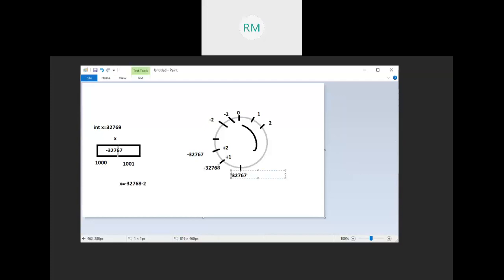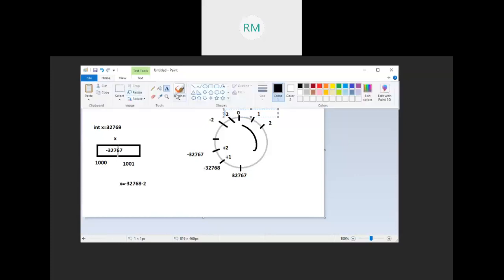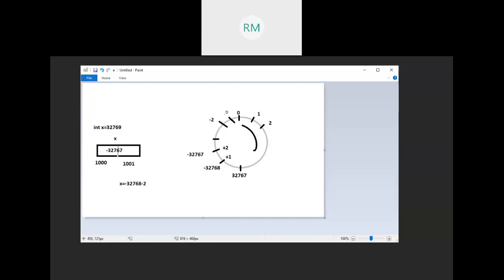Here it is 32,767, no problem. But here this value is 65,535. So in unsigned values, how to answer this type of question?